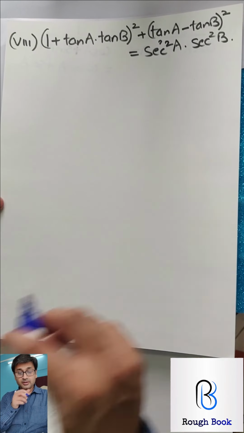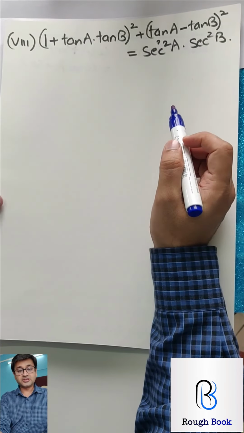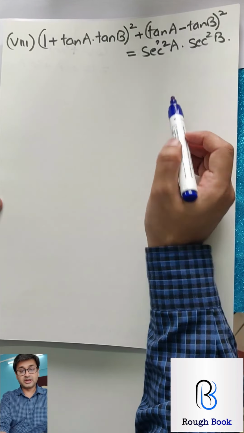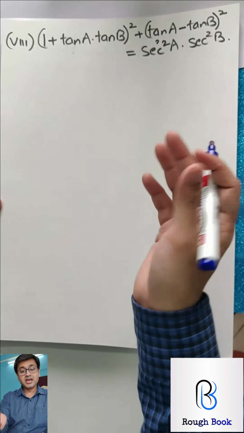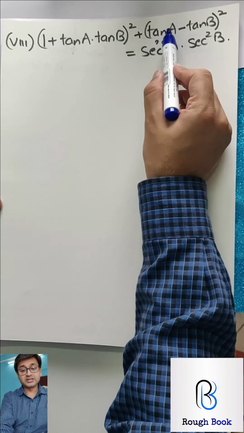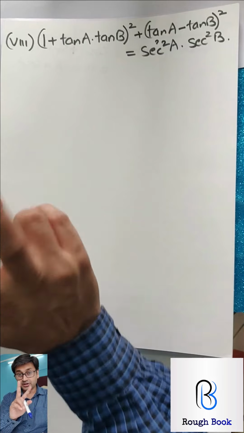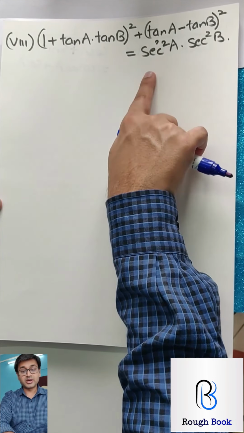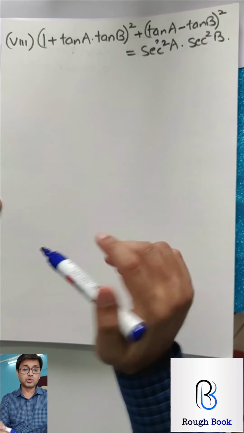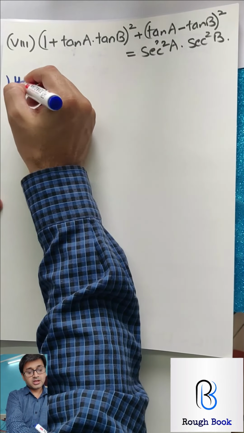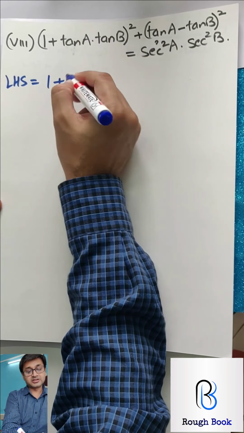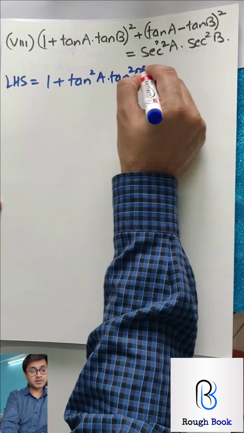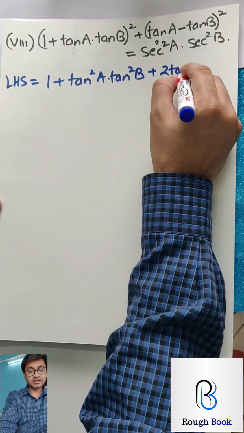Okay, come on, sum number 8. Start with the LHS. Maybe you can use the a plus b the whole square formula, a minus b the whole square, expand it, and then reach a particular point where you can say tan square is sec. Remember the square ratio, sec square is equal to 1 plus tan square. So I've given you 2 clues, hit it. So LHS, opening the brackets, a square plus b square plus 2 times ab.